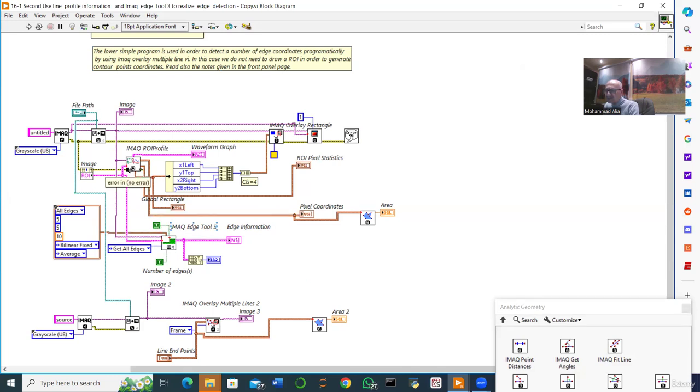Using this function with the IMAQ region of interest profile function, really, we can find a very accurate approximation of the coordinates of the contour of the image. Here at the output of this function, we get, as you see, the global rectangle coordinates, and we get also the pixel coordinates, which is an array